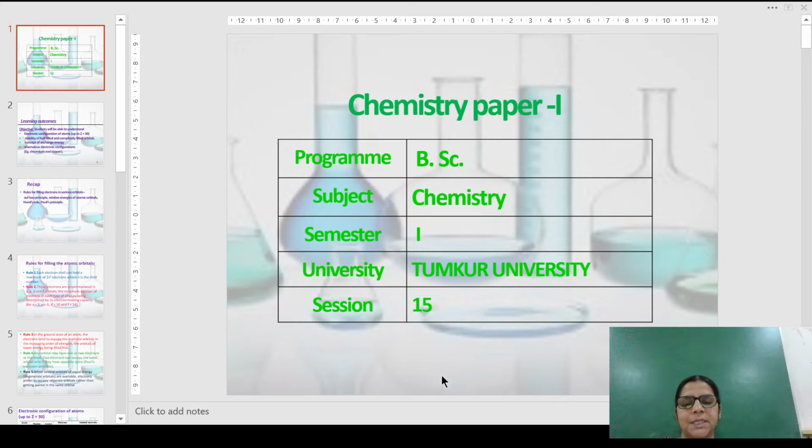I'll show you this with an example. Because of this, more energy will be released due to the exchange, and hence it leads to the stability. Now let us understand what I am trying to tell you here: the concept of exchange energy. What is exchange energy? It is the number of possible transitions of electrons in the same subshell. Remember, it is the number of possible transitions of electrons in the same subshell. The larger the exchange energy, the more will be the stability.